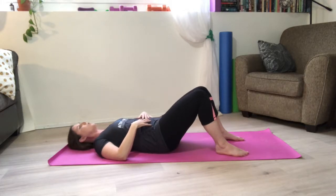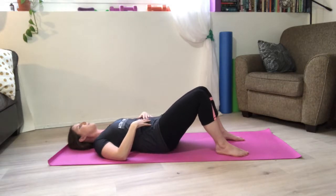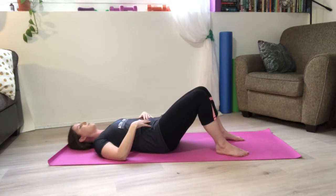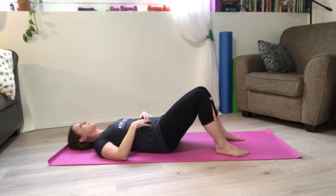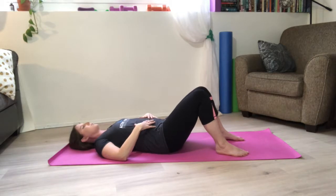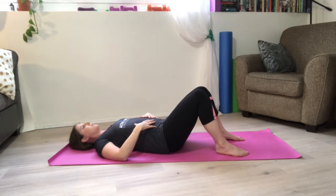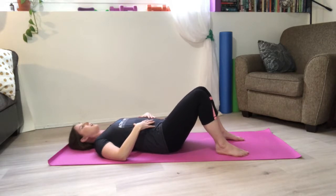Breathe in, hold, 1, 2, and release. 3, and release. 4, and release. 5, and release. 6, and 7, and release. And 8, release. 9, almost done, release. And 10,